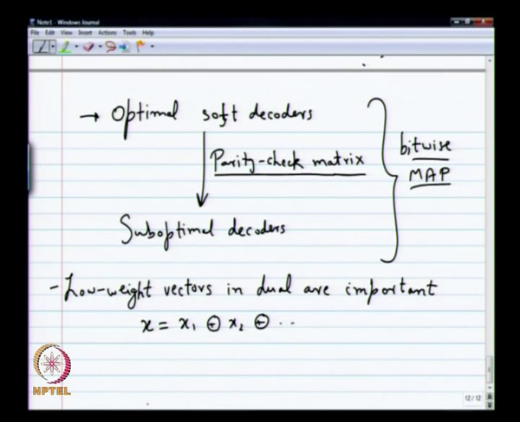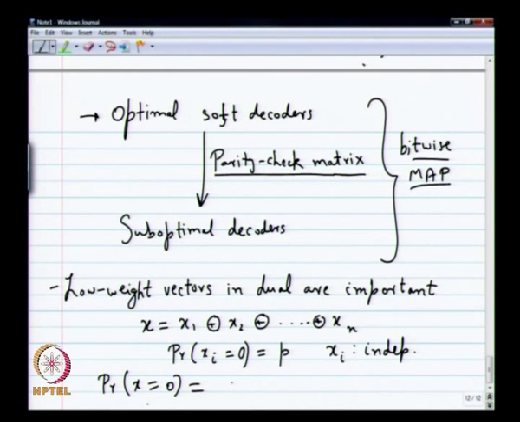x2 XOR and so on till xn, and the probability that xi equals 0 is let us say some p, and the xi's are independent. If you have a situation like this, one can actually exactly compute the probability that x is equal to 0. So it will work out as something like